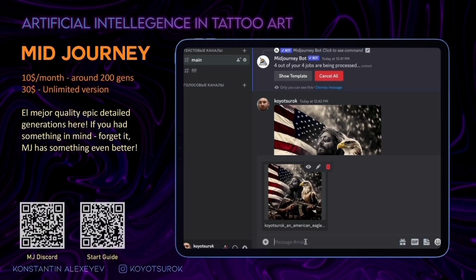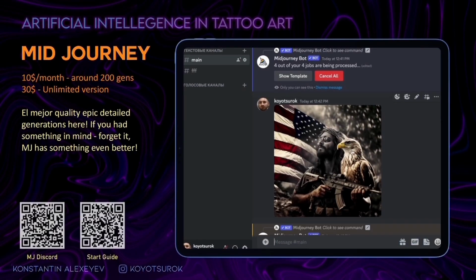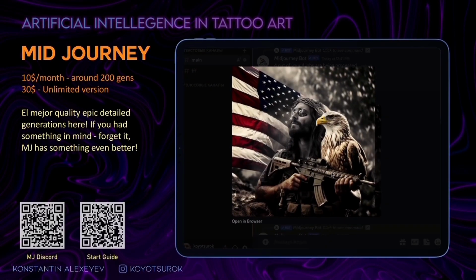Okay, just the last trick here is the image to image function. You can upload any picture you have here, then copy the URL to the uploaded picture.